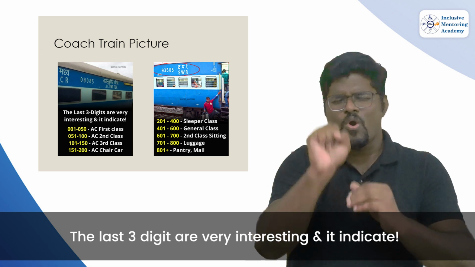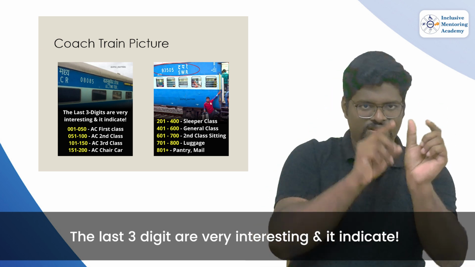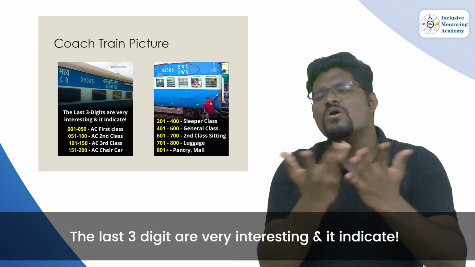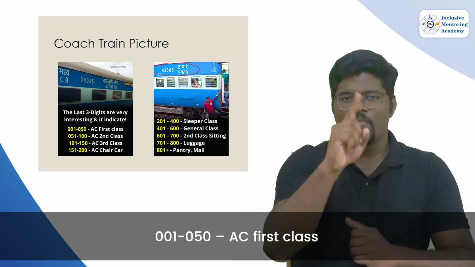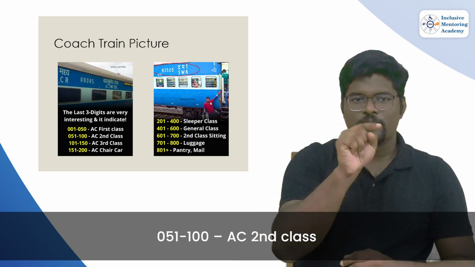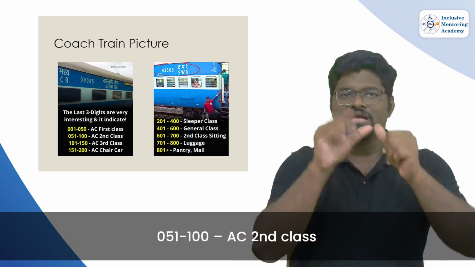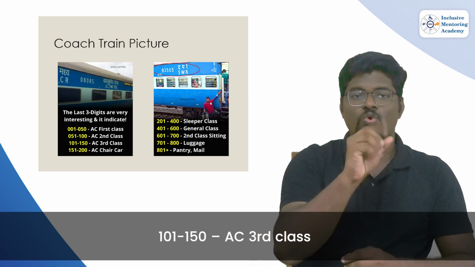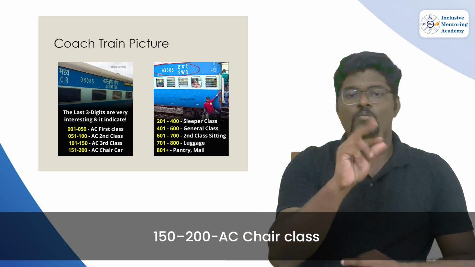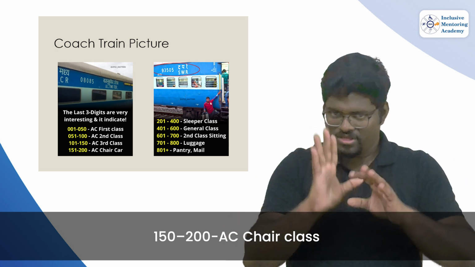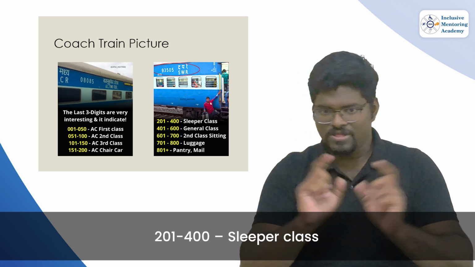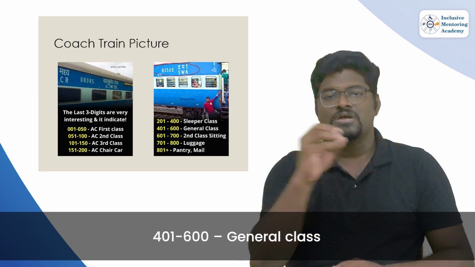The last 3 digits are very interesting and they indicate the class. 001 to 050 AC first class, 051 to 100 AC second class, 101 to 150 AC third class, 150 to 200 AC chair class. Hope you understood. 201 to 400 sleeper class, 401 to 600 general class,